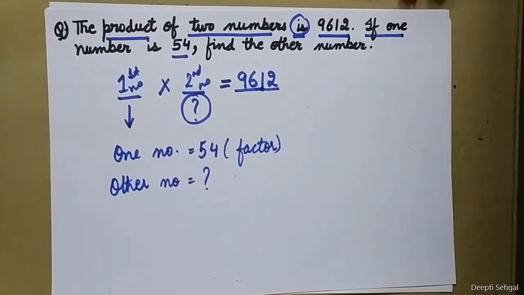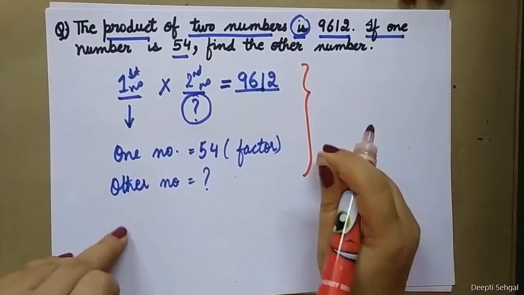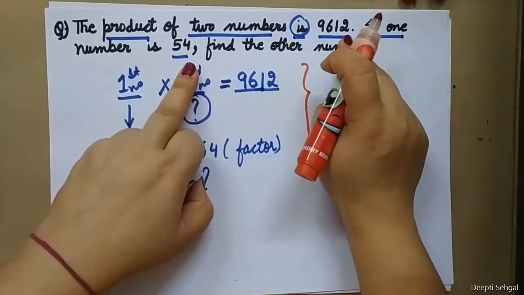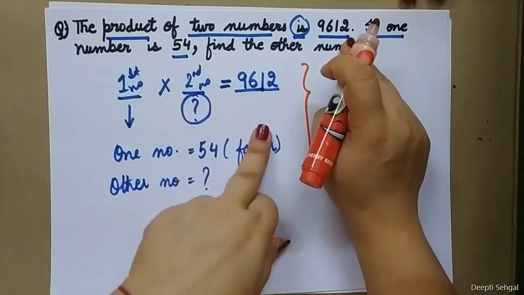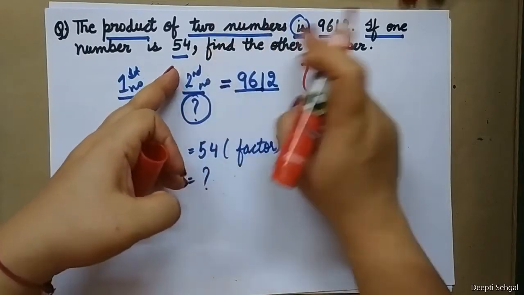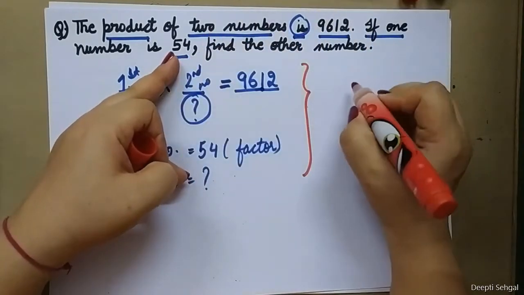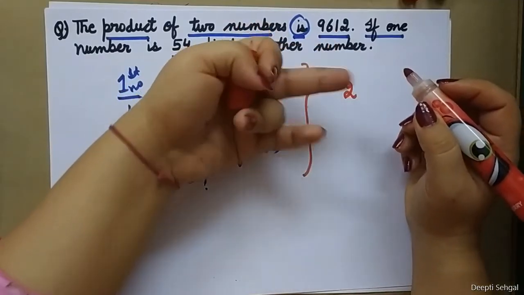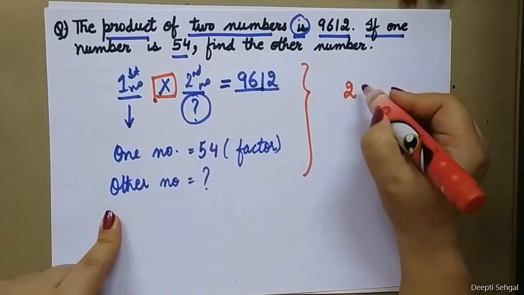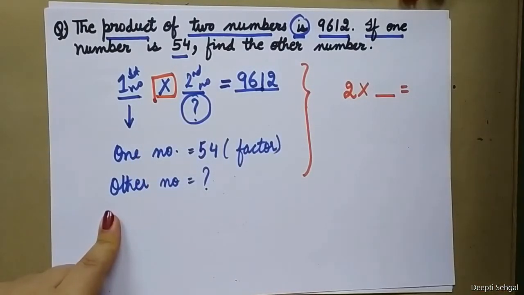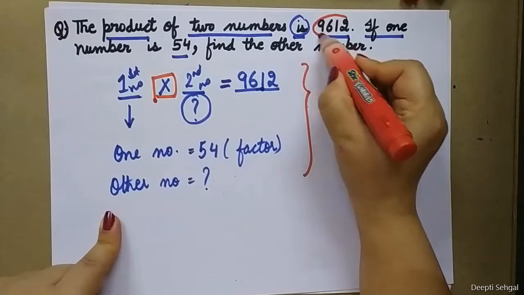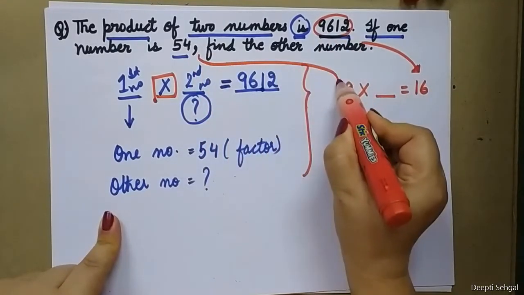How to find out? Like earlier I have told you, always follow this simple technique. Assume these two numbers as smaller ones, and since we know that multiplication is involved, choose the numbers in which one number is a multiple of another number, means one number comes in the table of the other. So if I am taking 2 as the smaller number, I have to take the next number such that it comes in the table of 2, because we already know it comes by multiplying. In the table of 2, I have to take any one of the numbers. So suppose I am taking 16. Okay, so in place of this I took 16 and in place of this I took 2.